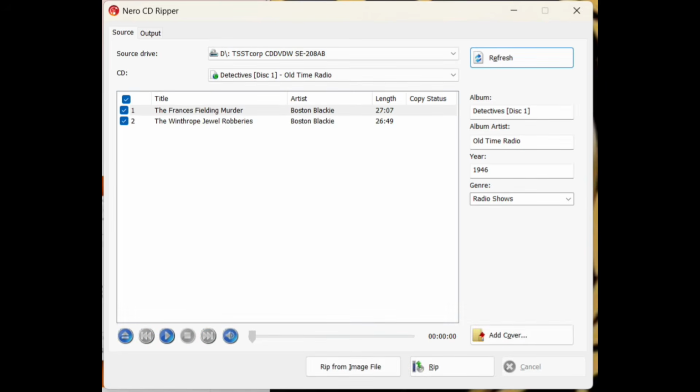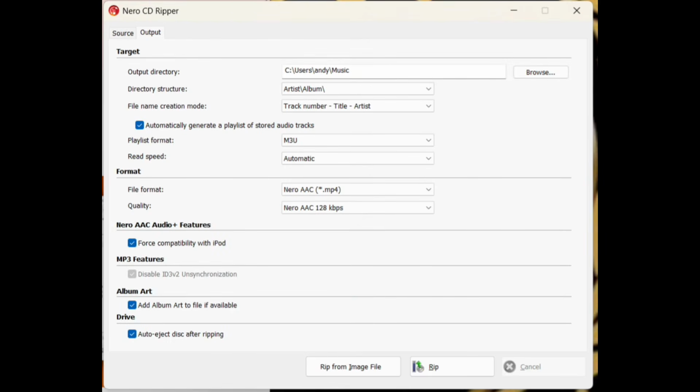And what do you know? It pulled it up. It pulls from Gracenote, which is what Windows Media Player used to pull from. This is really awesome. So we're going to go ahead and check out the settings here,